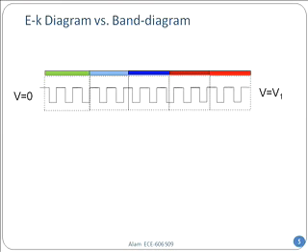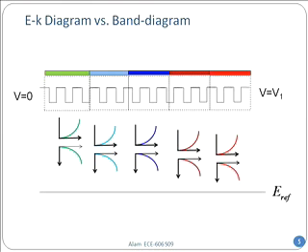Now, what would be the corresponding EK diagram for such a system? Do you see that this should be the corresponding EK diagram? Why? Because each section is sitting at a slightly different potential. If I assume that on the left-hand side the green EK diagram is sitting at potential 0, then every other EK diagram will gradually shift down. Now, it's not an exact diagram, of course, but this is the idea, that it will gradually go down.